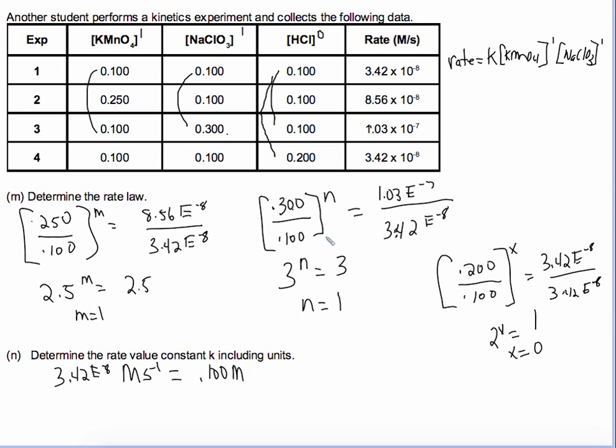It's 0.100, and this stands for molarity, and it's to the first power, times the NaClO3, and that's also 0.100 molarity to the first power. Okay, now if you multiply those all together, you're going to get 3.42 e to the minus 8 molarity seconds to the negative 1, times